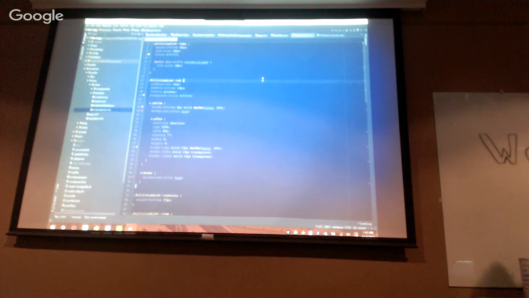But the whole point of that is to eliminate a bunch of nested CSS. That way, when you're working on things and you need to modify a certain class, you don't have to find the more specific identifier in order to be able to override that. And you can stop using important tags. So everything's broken into a block. So there's a politician list block,